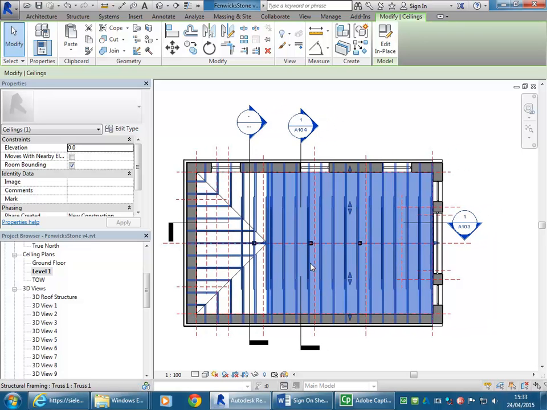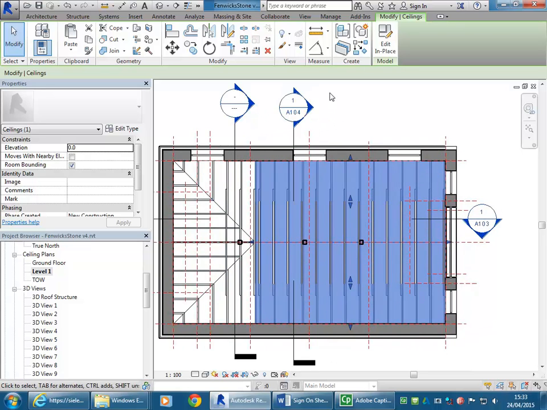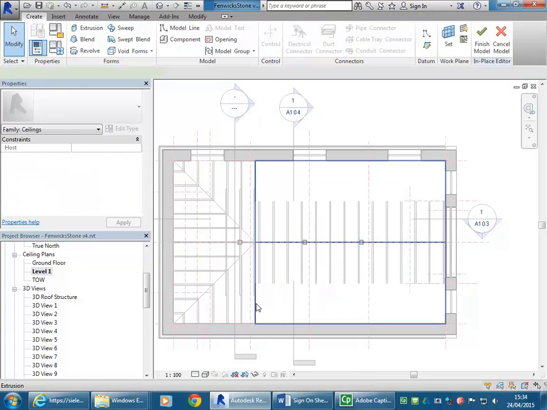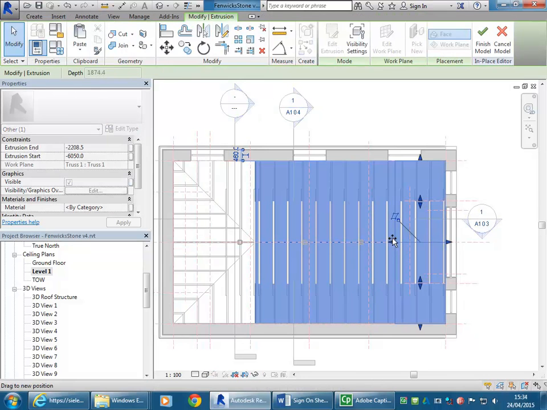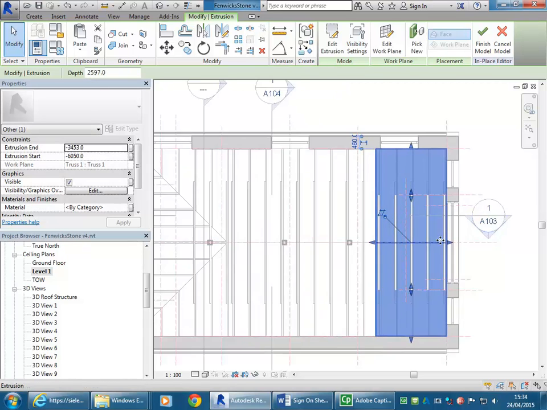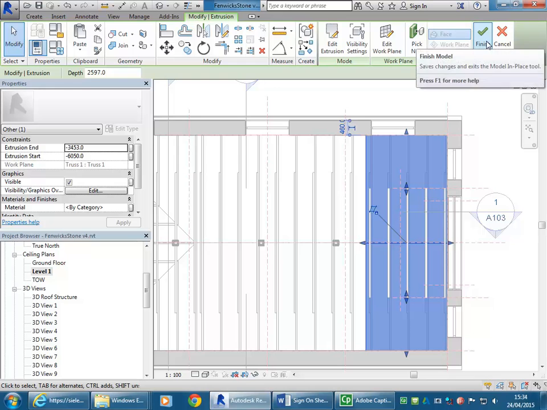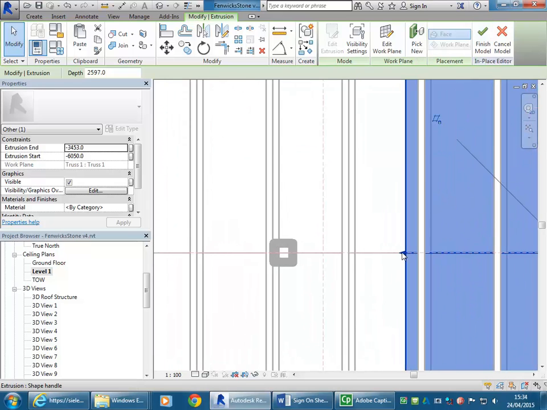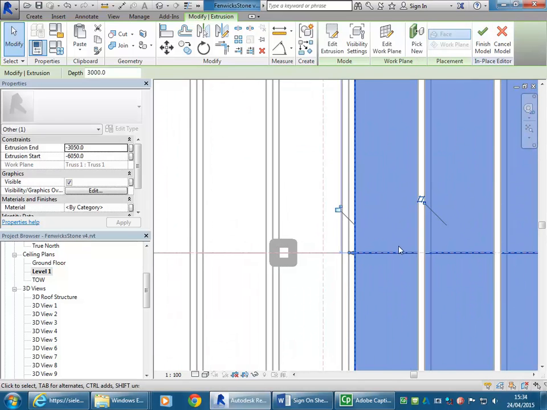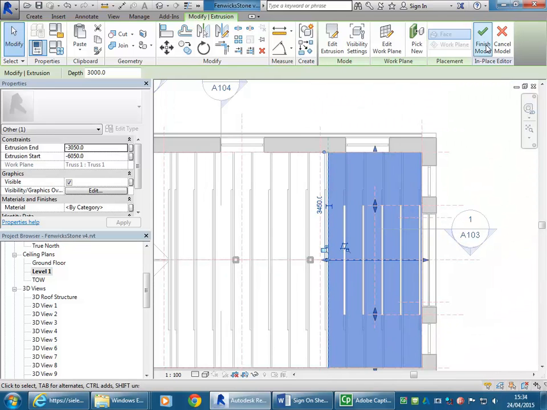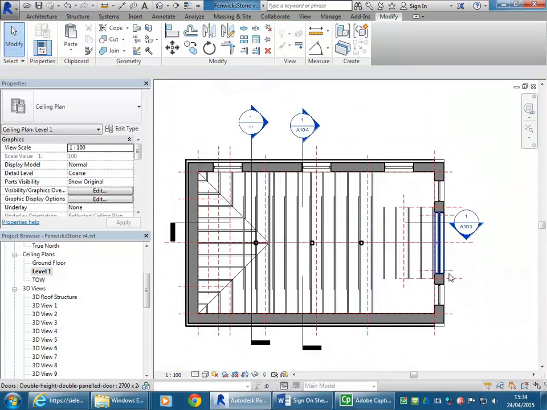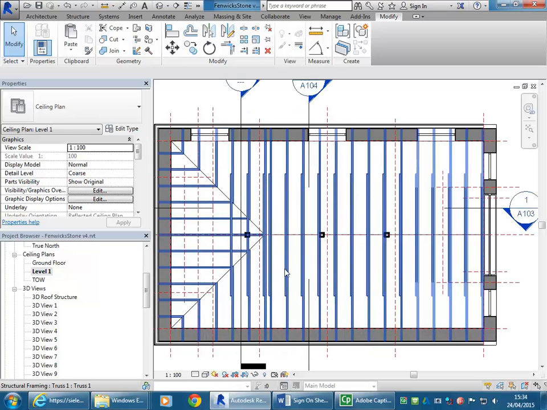Now I don't want this to go across that entire level, so I'm going to go and edit that ceiling and just have it on part of the level. So this might do. Maybe just up to touch one of them like that. Okay, but I then want to still be able to place lights onto these